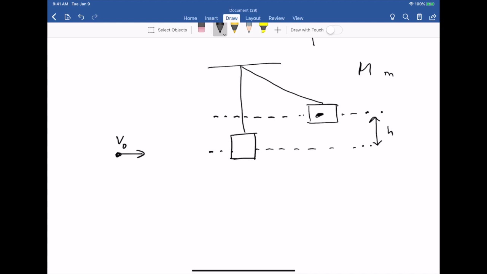Now, my first question is, let's call this position number 1. Position number 2 is when the bullet just strikes the block and both the bullet and the block start moving. And position number 3 is when the bullet and the block have gone as high as they will go and are momentarily stopped before it starts swinging down, right? Is it true that the total energy